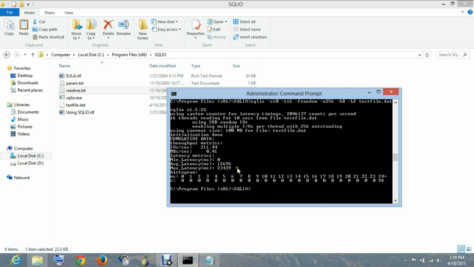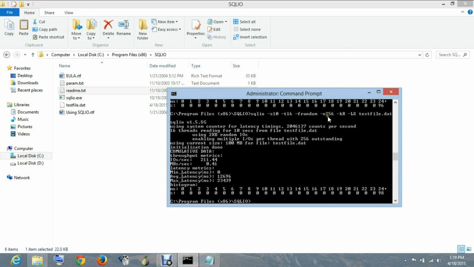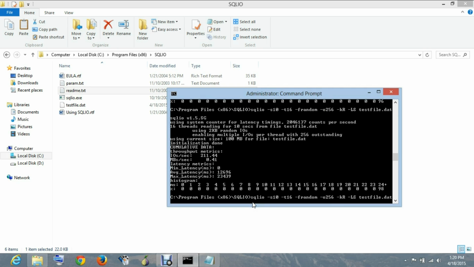Now, because of the extremely high number of outstanding processes, you can see the huge difference in this. And throughput is less than 1 now. It is less than 0.5. So we should keep O down to a more manageable number like 8. And now let's try the same thing with the threads.